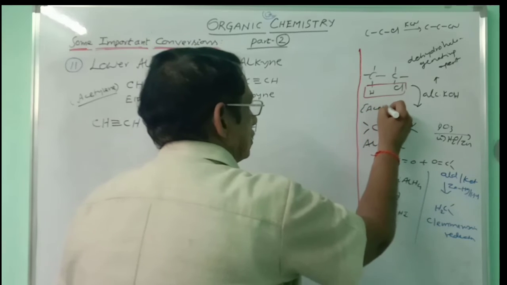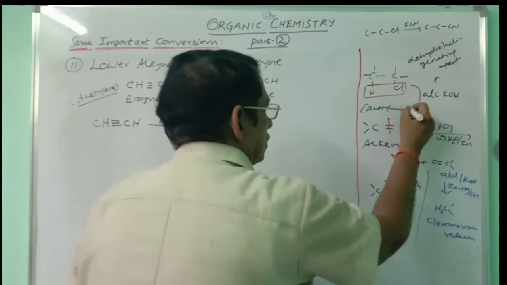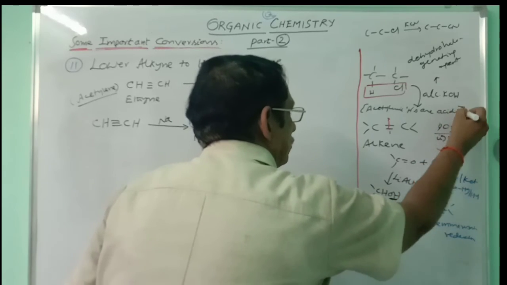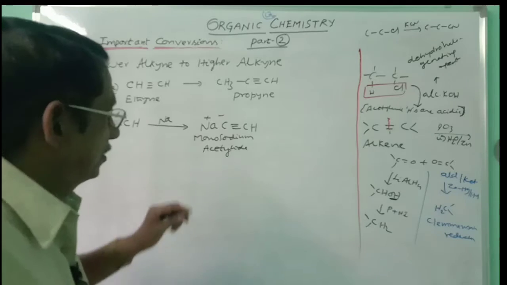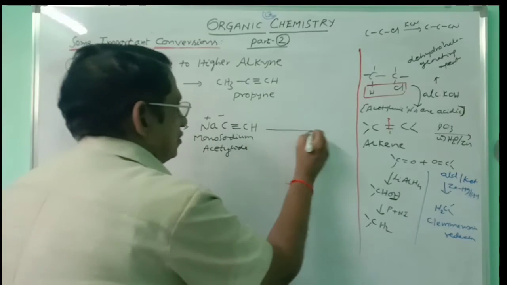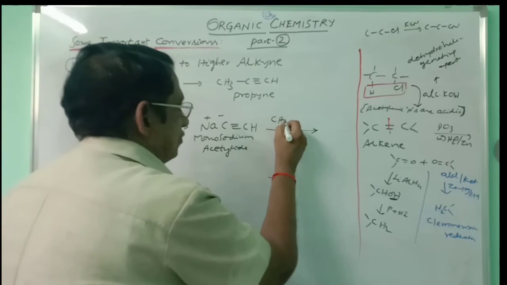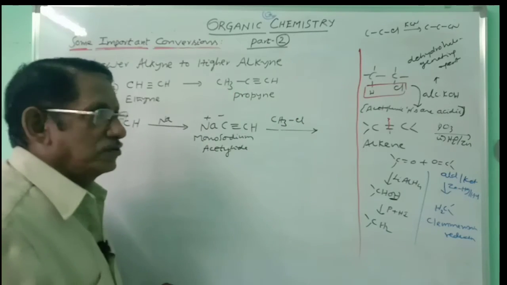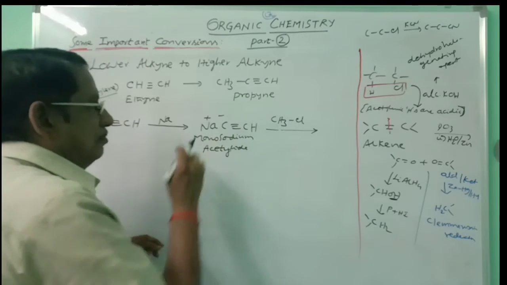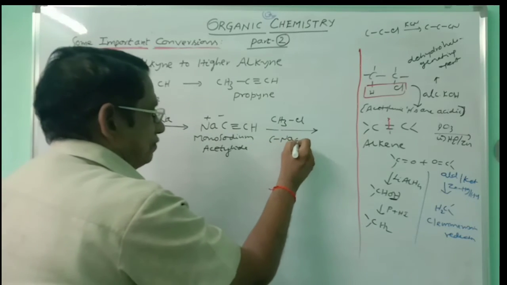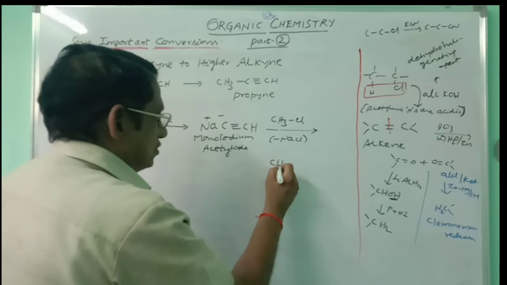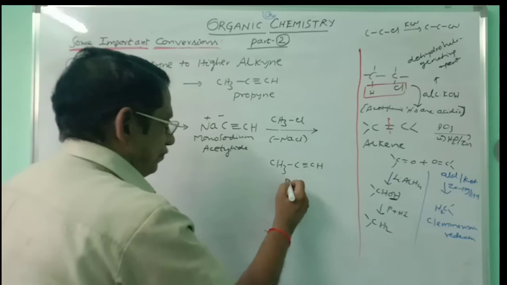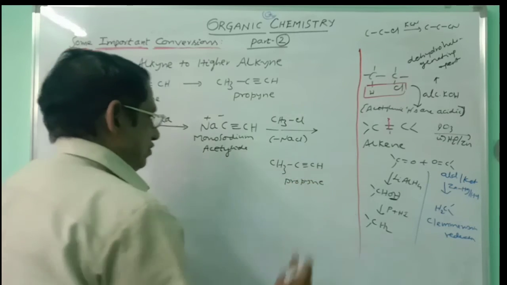Acetylenic hydrogens are acidic. So it is able to give the metallic derivative from which you are getting the carbanion. And carbanion is the strongest nucleophile. Nucleophilic substitution is the favorite reaction for alkyl halide. You have to increase one carbon here, so take one carbon alkyl halide, that is methyl chloride. This Cl will be replaced by carbanion, minus NaCl. So what will we get here? CH3 carbon will be attached to this C triple bond CH. This is propyne. This is a very simple conversion.